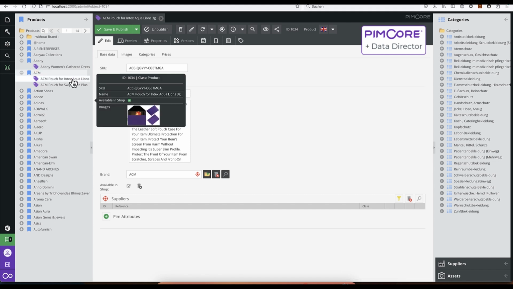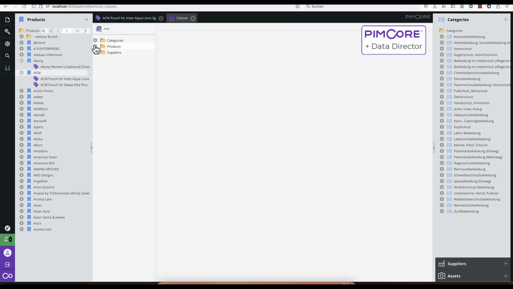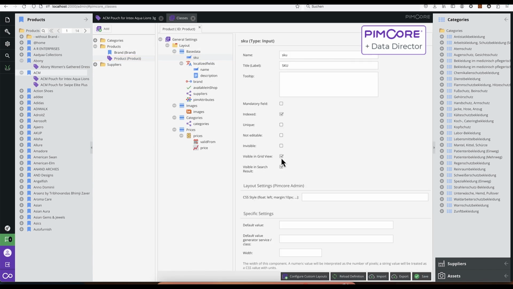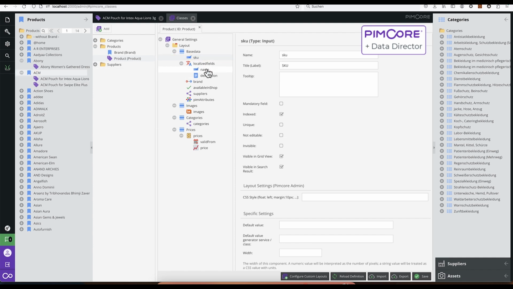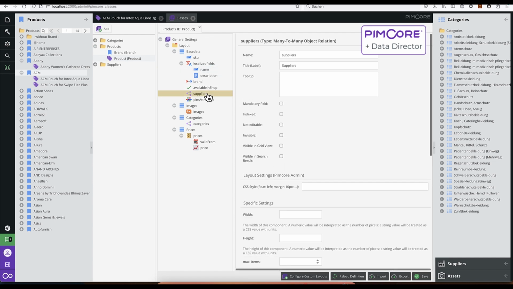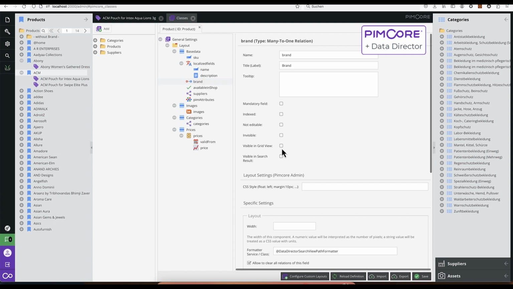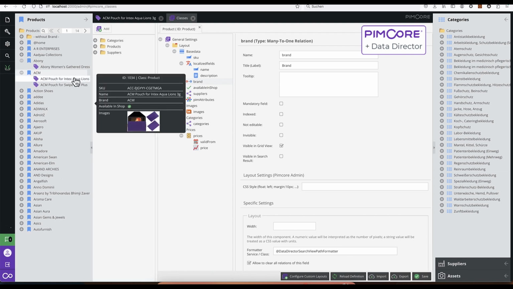And to configure those fields which get shown here, we go to class definitions for the product class, and all fields which are visible in grid view, those will also be shown in this tooltip. So for SKU, this is checked, visible in grid view, also for name. For example, for the supplier relation, it is not checked. For images, it is checked, and so on. And if you want to add another field to the tooltip, then you simply select also this checkbox, visible in grid view, save the class,